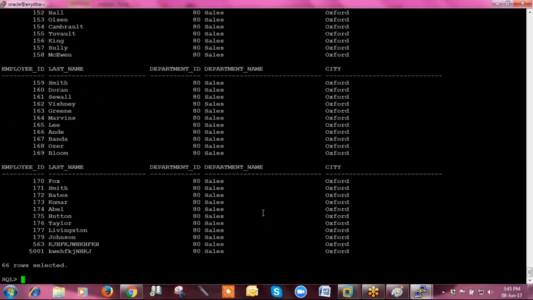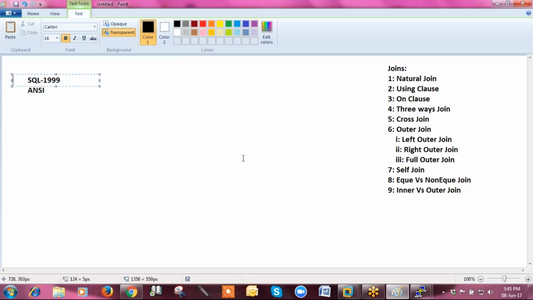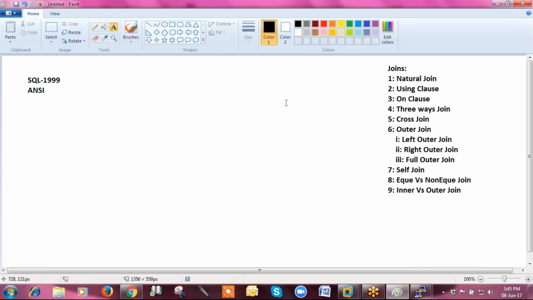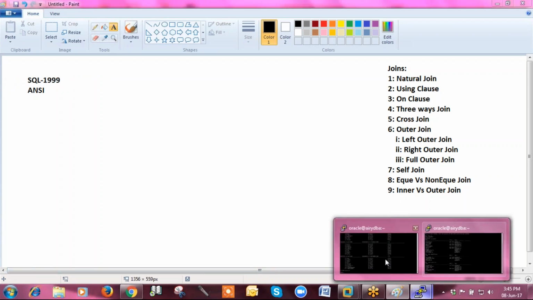So there are two ways to write your join. One is the SQL 99 standard. Whatever you feel is easy, you can use. I will suggest that you use this first one. The next one is,